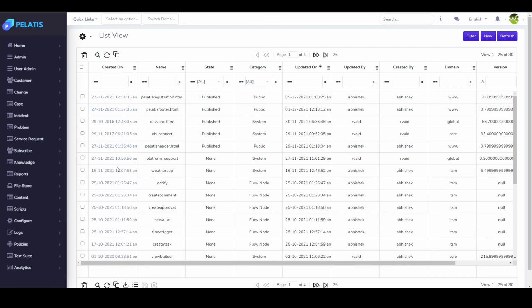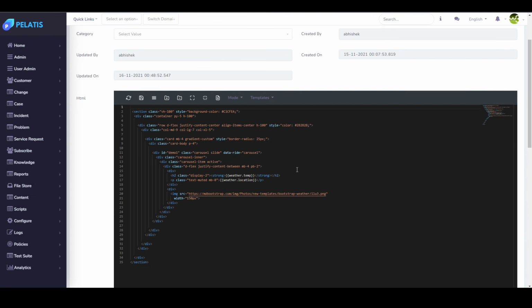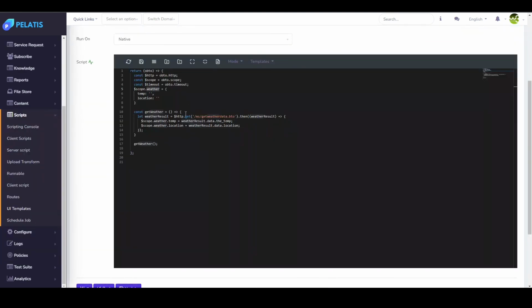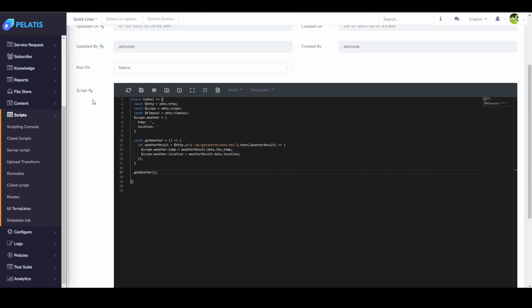Okay, so here's the weather app. Over here you can see this is the interpolation syntax: weather.temp and weather.location. When the application loads, these functions get attached by the platform to the controller of that application, and it calls this function.